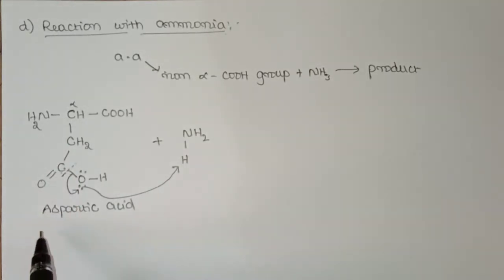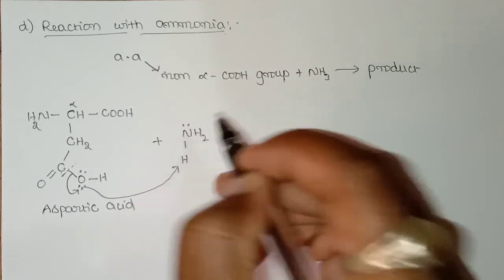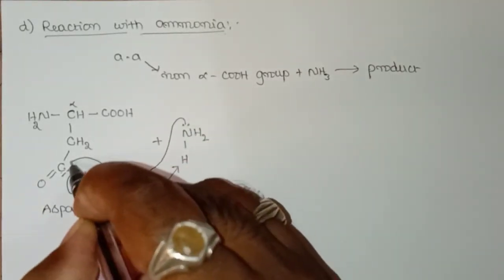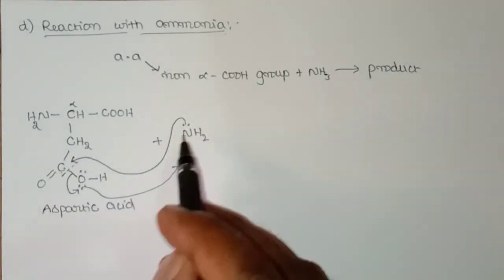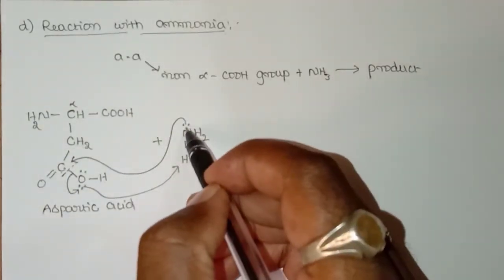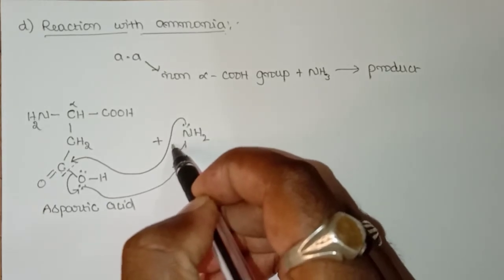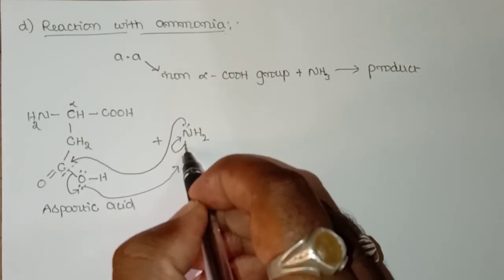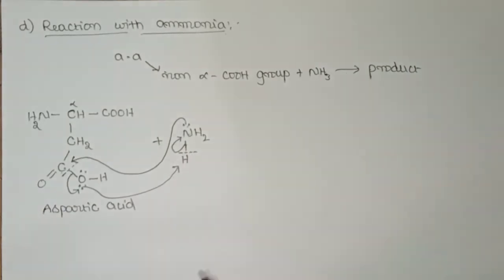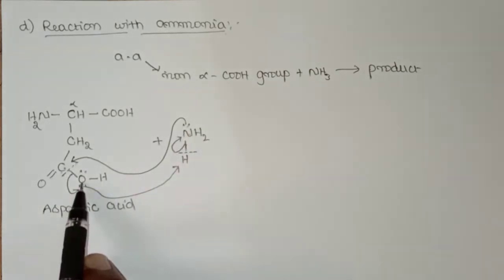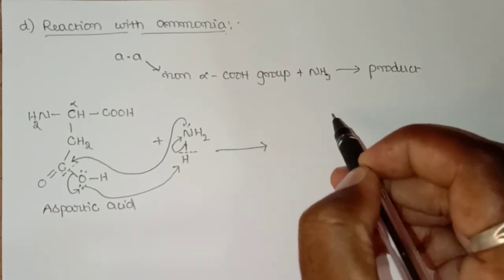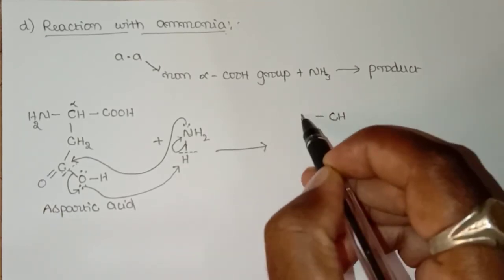To satisfy this electron deficiency, the lone pair of electrons present on the nitrogen will be donated to the carbon, so a bond develops between carbon and nitrogen. Again, to balance the lone pairs, these two bond pairs will once again shift onto nitrogen, so that the bond will break between nitrogen and hydrogen. So there is formation of one new bond and breaking of two older bonds, and that finally results in the formation of CH,